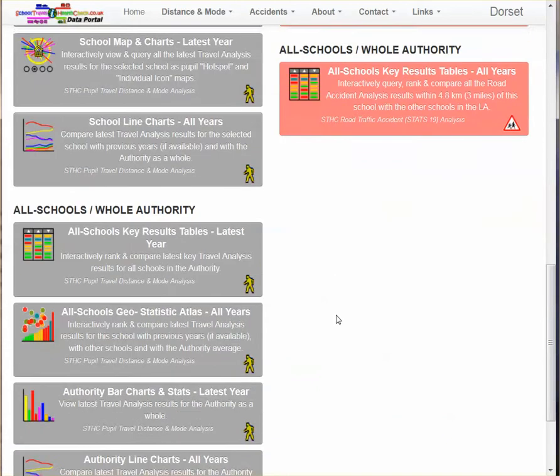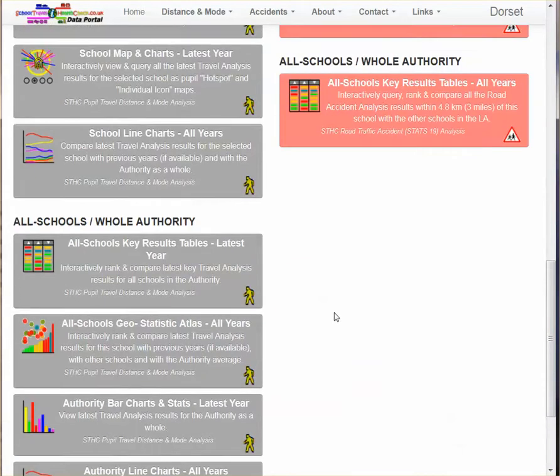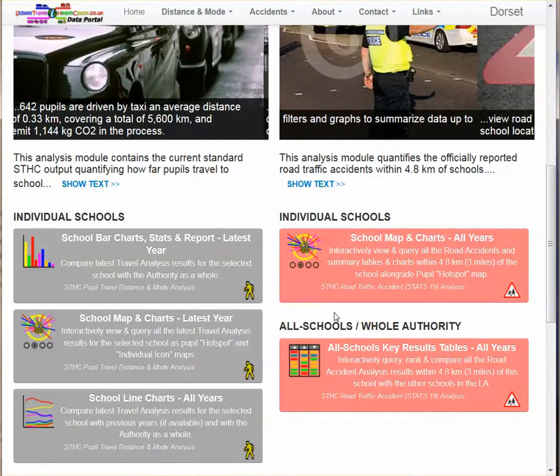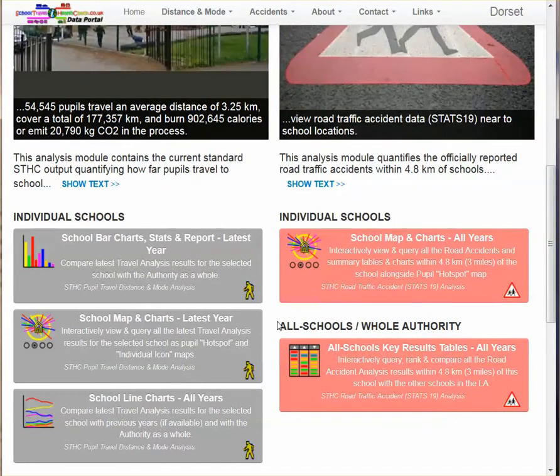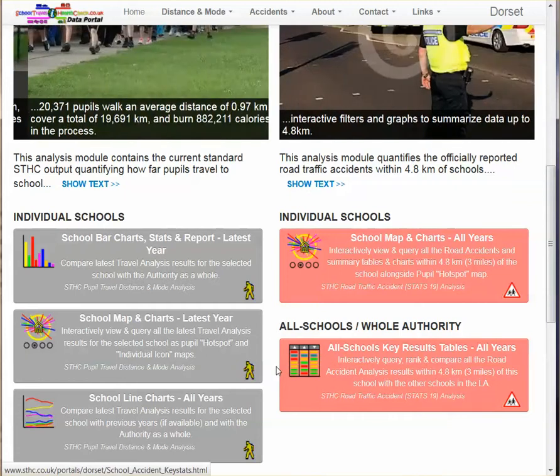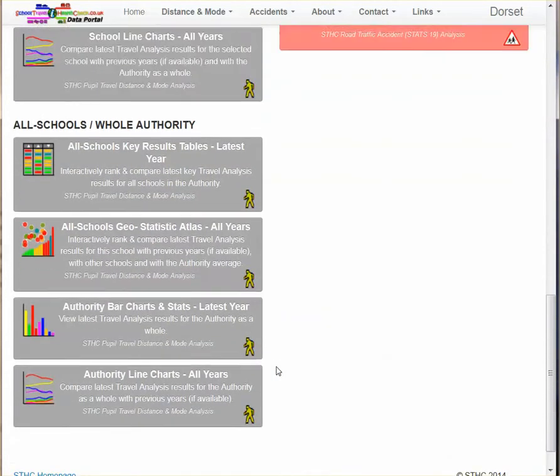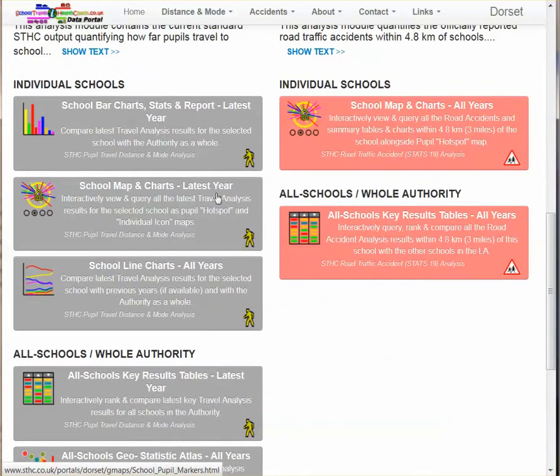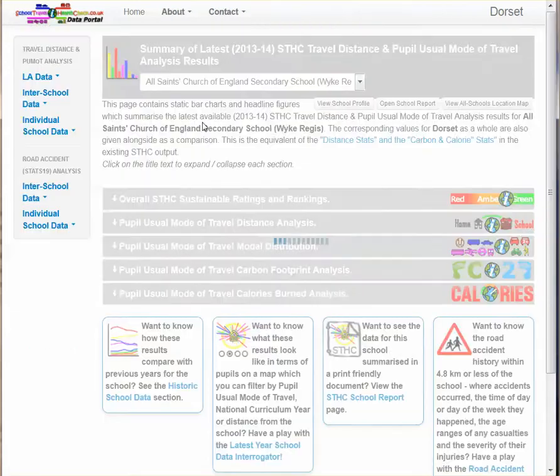So the final aspect is the actual way that the data is visualized. The elements, the components we use to actually visualize the data, and we'll walk you through those by going through all these different buttons here. So starting off, we've got